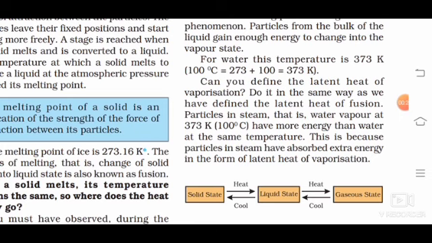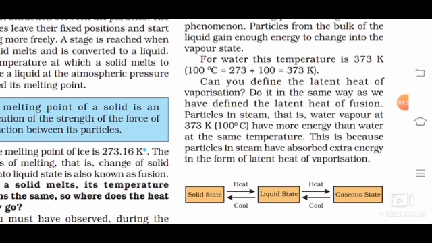How to convert centigrade into Kelvin and Kelvin into centigrade? There is some conversion. Here a simple one is given and the rest will be given in the exercise. That time we will go through. 100 degrees centigrade to be converted into Kelvin, it should be added with 273. 100 degrees is equal to 273 plus 100, which is equal to 373 Kelvin. Just simple. Then more examples we will go through in the exercise.